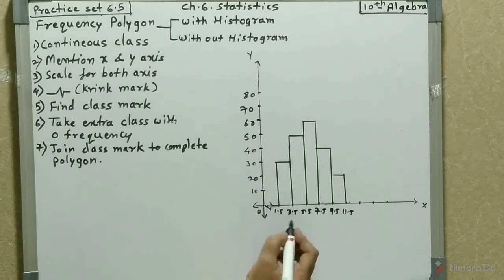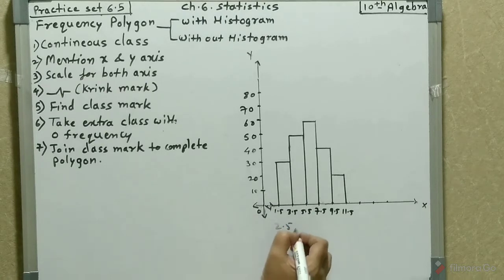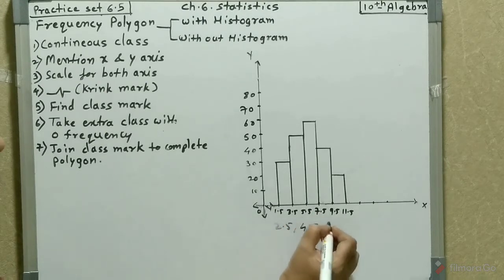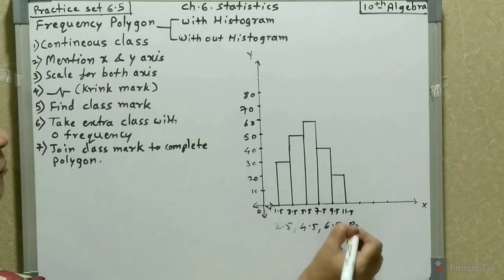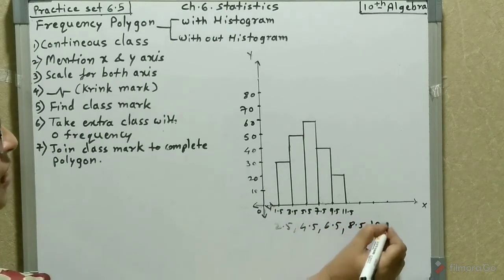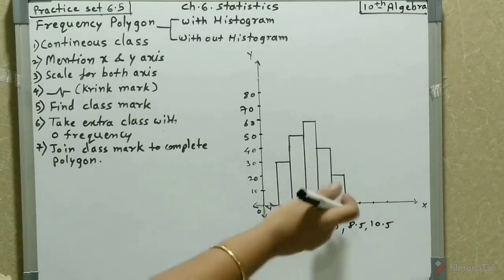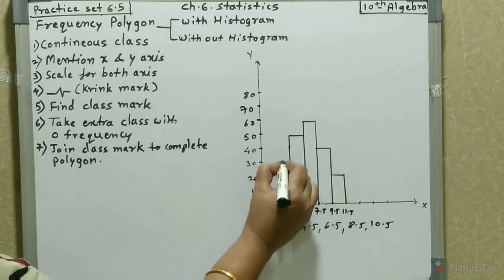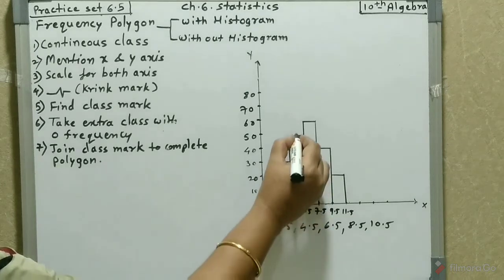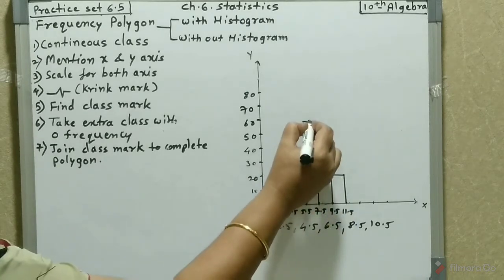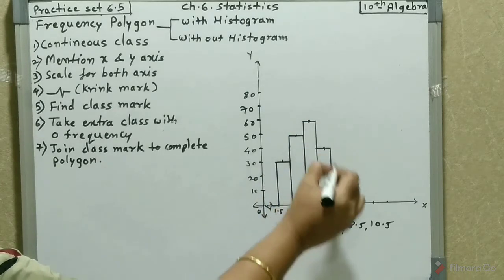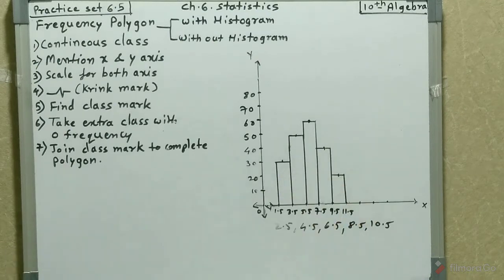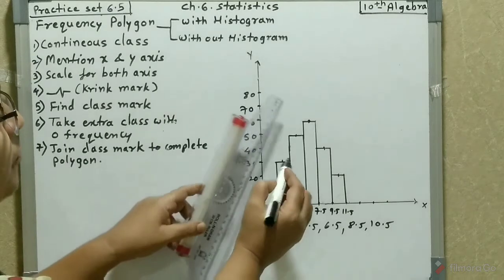The midpoint of this class is 2.5. The midpoint of this class is 4.5. Then 6.5, then 8.5, and the last one is 10.5. So these are the midpoints of these classes. First we draw the midpoints. So 2.5 is here, the midpoint of this class. Then here 4.5, here 6.5, then here 8.5 and then 10.5. Then we draw a line and join these points